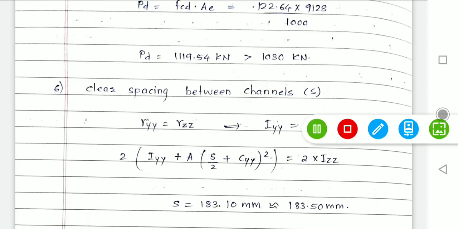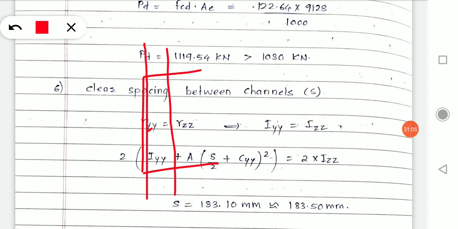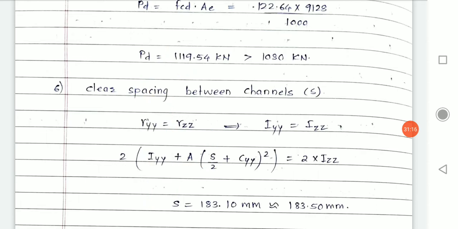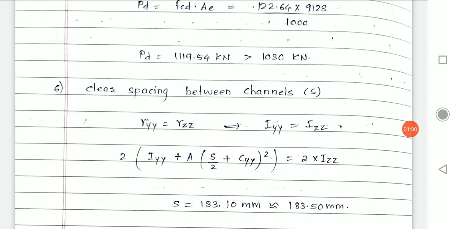So a parallel axis theorem: if I want a moment of inertia at some axis other than its own axis, then that difference is measured as h, and to calculate at this axis I take the help of the parallel axis theorem. According to it, this is IYY plus area into h square, multiplied by 2, because we are using two channel sections.